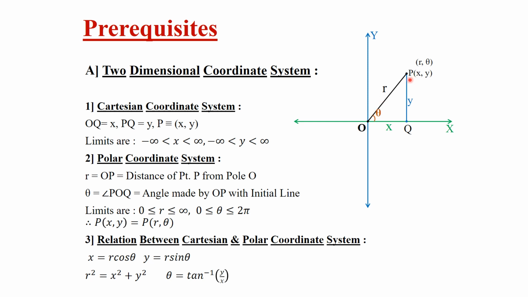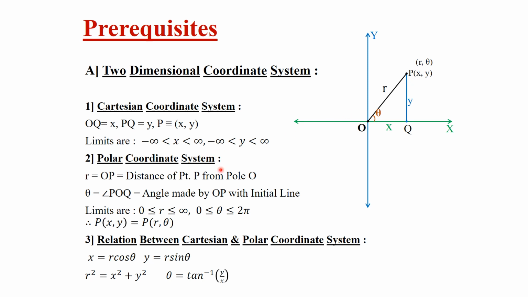The same point P we can also write in another form, by considering r and theta. It depends on two values, one is r and the other is theta. r is the distance of the point from the origin. Once we fix the point, the distance is fixed, and theta is the angle made with the positive x-axis. So point P of x comma y can also be expressed in terms of r and theta.